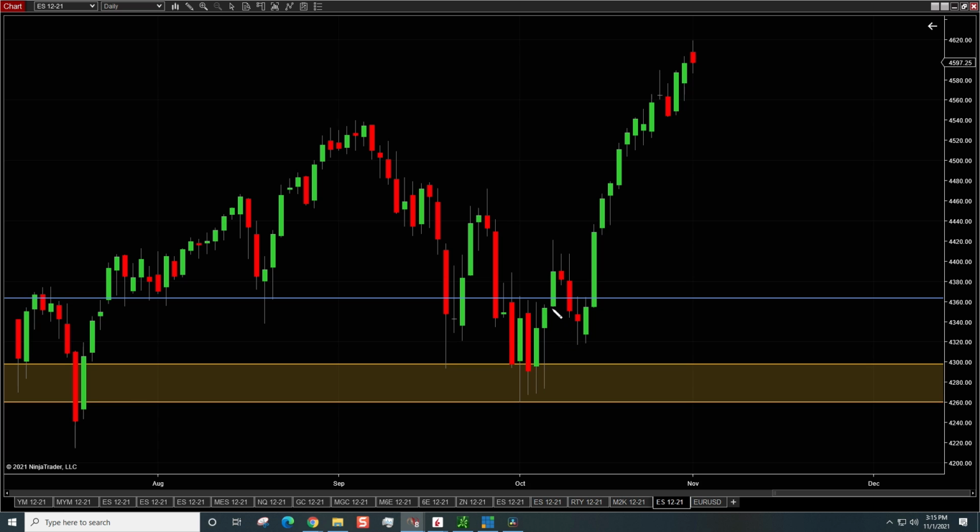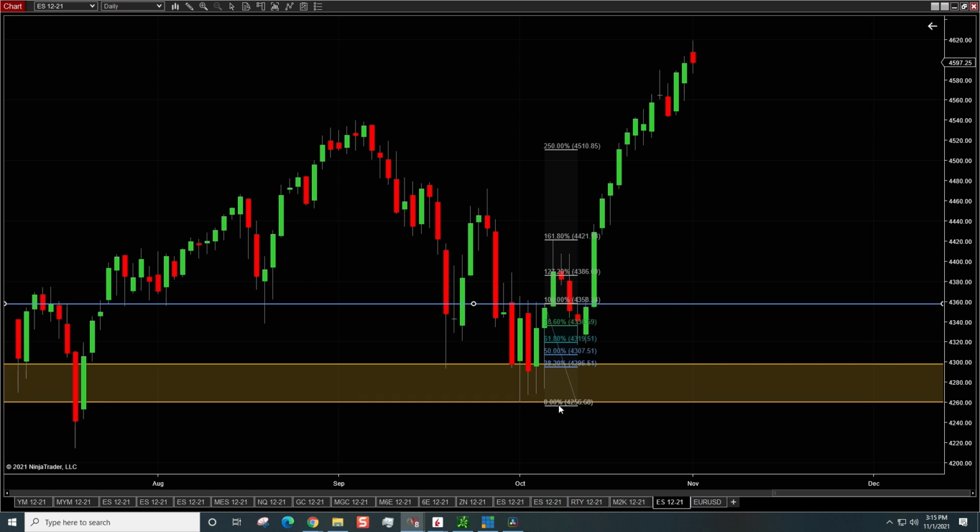Now let's go ahead and grab a Fibonacci tool, and I'm going to draw from the top where I want to enter at, put my buy stop order, which I'd slide down to about right there, and my stop loss down to here. Now my take profit would be at the